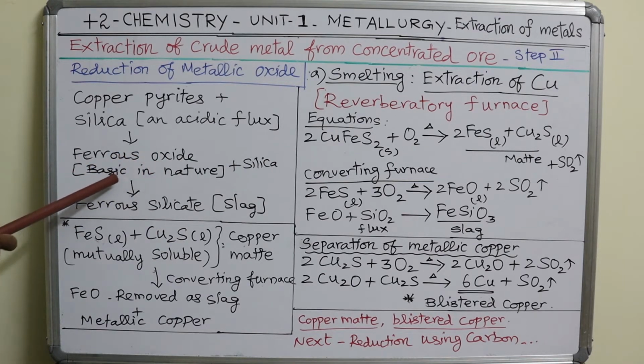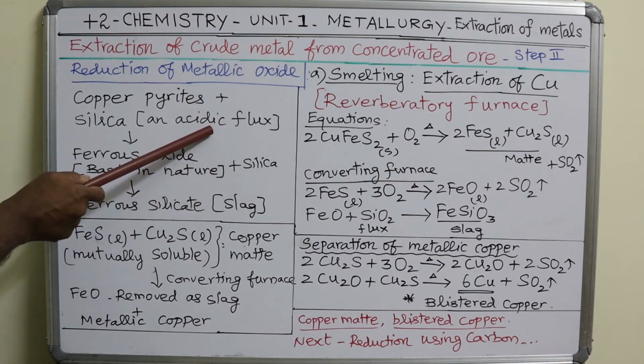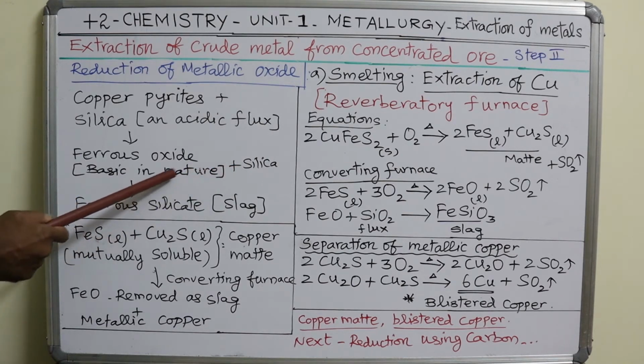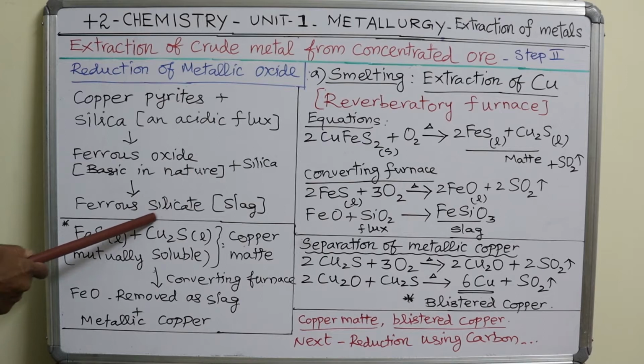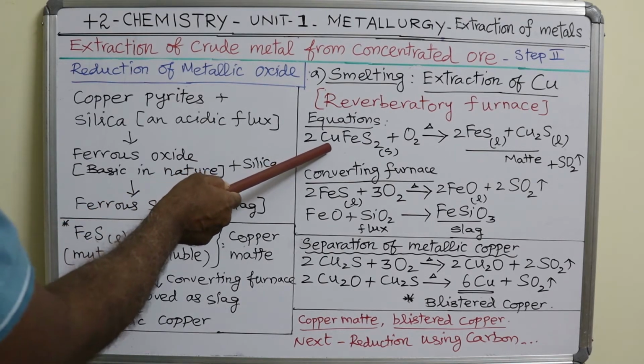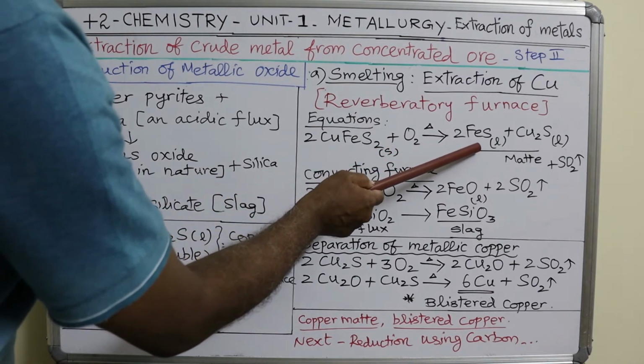This ferrous oxide is basic in nature. So this basic ferrous oxide reacts with silica, which is acidic in nature, and the two neutralize each other, and ferrous silicate is formed, that is removed in the form of slag. So if you see the equations given, copper pyrites reacts with oxygen and